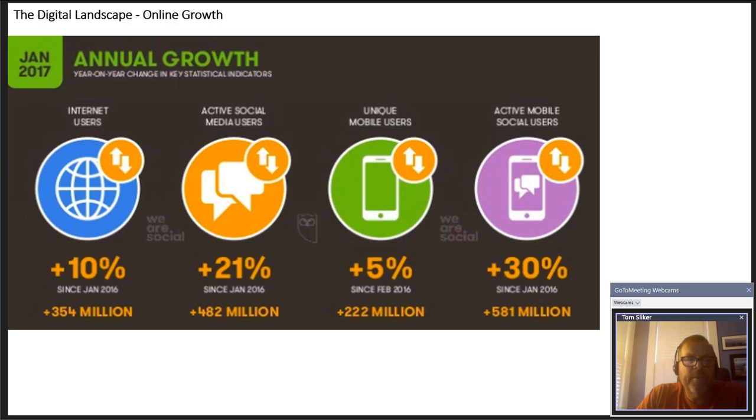We've talked a little bit about this, but I'm going to review that. The key is the internet is growing at 10% a year. Just the number of users, this is last year. But if you go all the way to the right here, the active mobile social users, that's where there's still substantial 30% growth. That's people who are moving around. They've got a mobile device of some sort, and they're social, meaning they like to share information with other people.